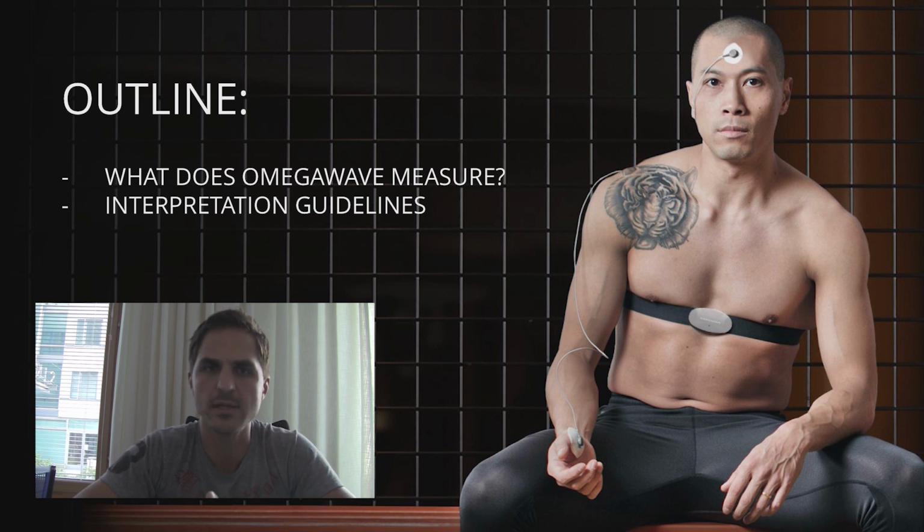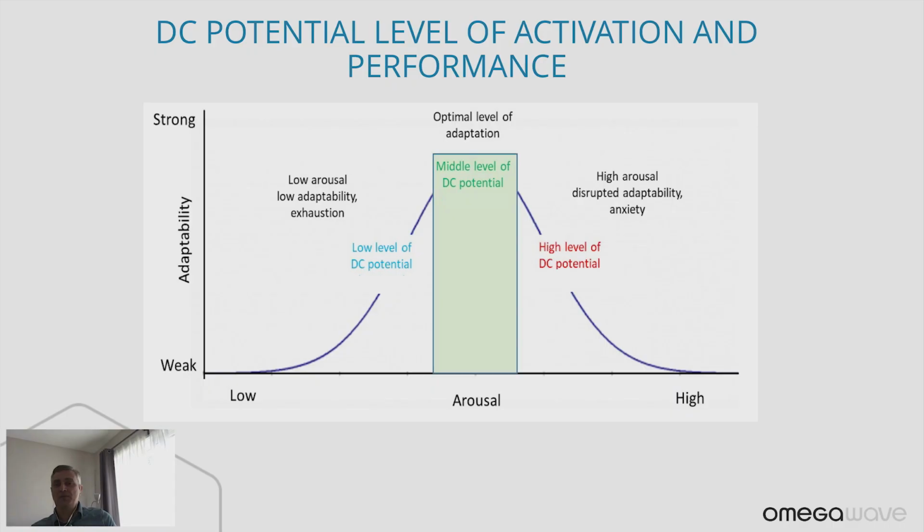And could you please explain, Val, if we start with DC potential, how should a coach start to evaluate the data we give on the app concerning DC potential? Let's start with the above the norm. So the typical time when we observe DC potential above norm is with mental stressors, especially in the pre-competition type